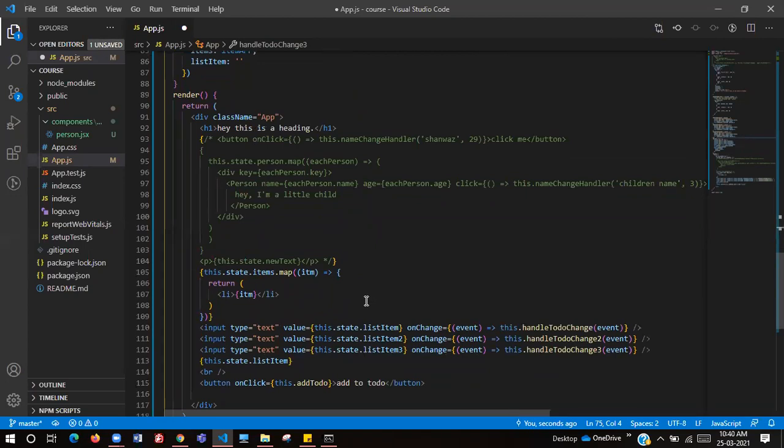Let me know if you're done. Just take a simple input, only one input is enough, and add that input to the array, write that function.